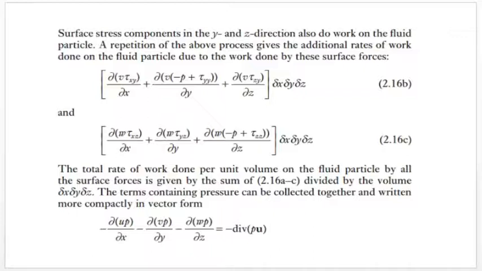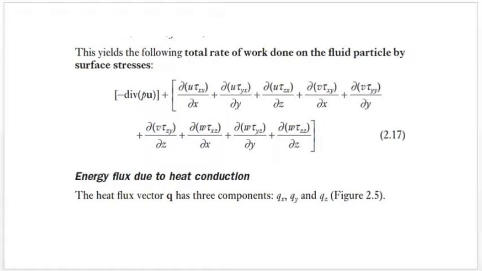Divergence of u is nothing but the vector form, so the same thing applies here. So minus dou u by dou x, minus dou v by dou y, minus dou w by dou z. Instead of that, you can put minus div of u, and p is common for all, so take p as common. Now add this total equation, and you will be getting the total rate of work done on the fluid particle